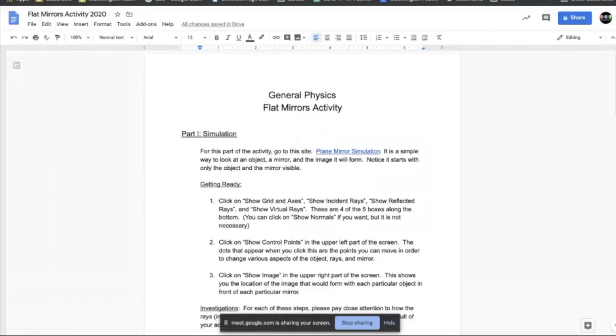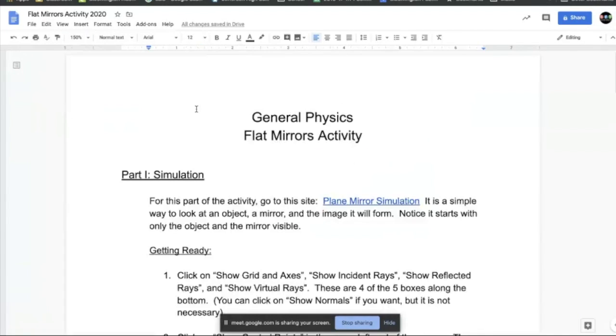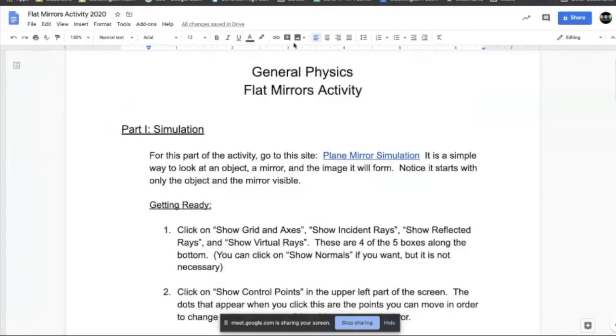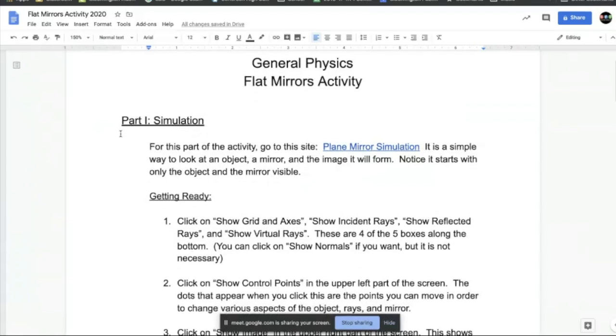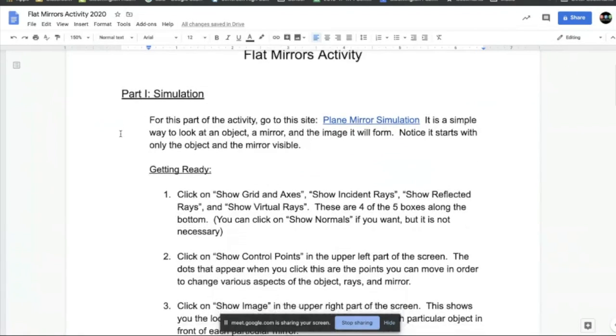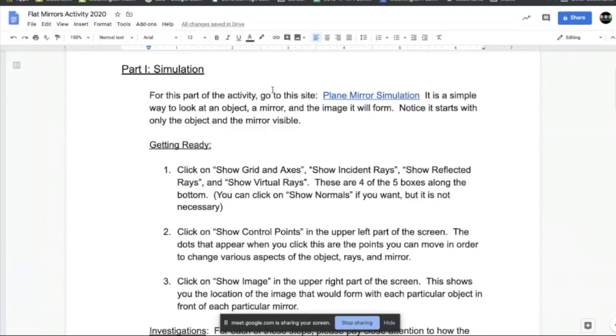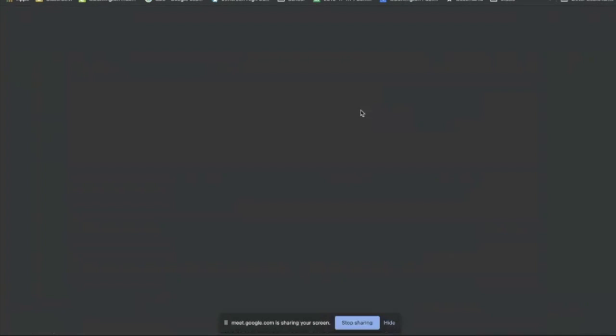Okay, physics students, today you are going to be doing a lab on flat mirrors. And so you will open up the flat mirrors document on Google Classroom, and it comes in two parts. The first part is going to deal with a simulation. And so at the very beginning, there's a link that says go to the plane mirror simulation. Click that link,